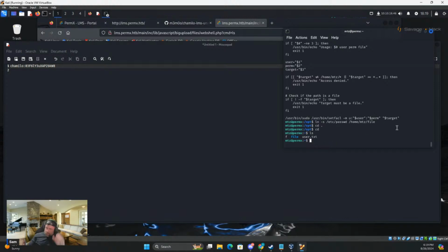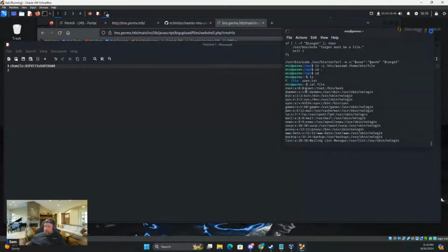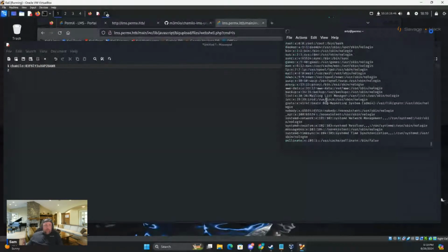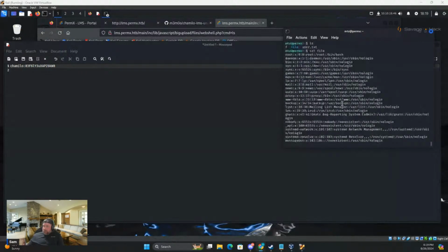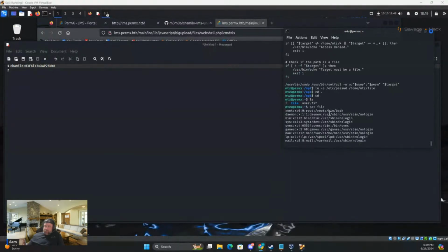Okay, so my screen froze. Oh, there we go. Cat file. Okay, so we're able to see etc/passwd. If you're unfamiliar with any of this, completely fine. If you want to know more, I can definitely explain. But essentially, the etc passwd file was the original place that